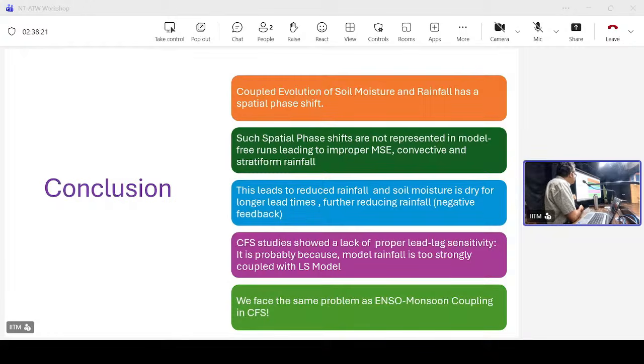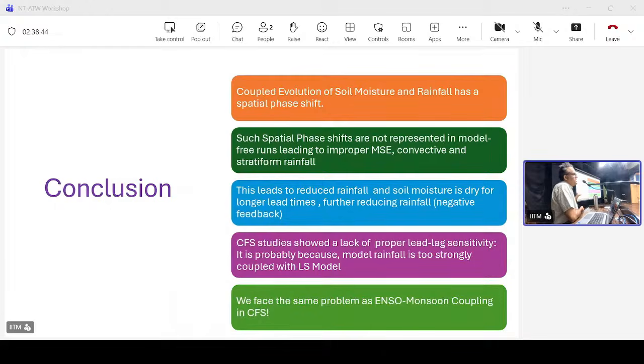And because of this, ENSO-monsoon coupling also faces this problem, since it is too strongly coupled, and then sometimes there is error. So one way to improve is to reduce this strong coupling. And in the morning, the director of IITM suggested that it has improved the synoptic